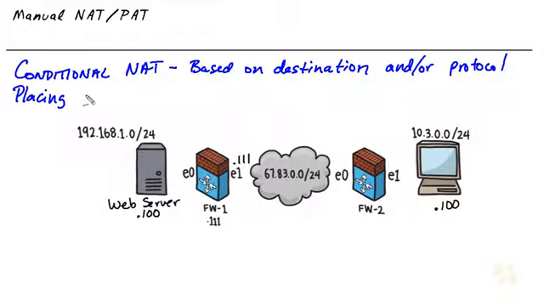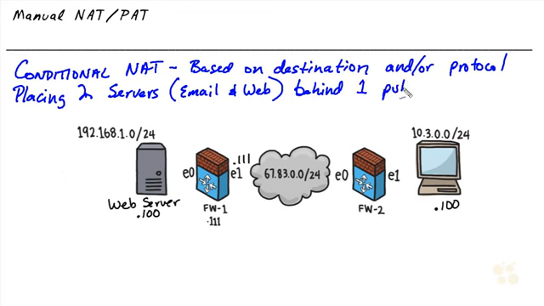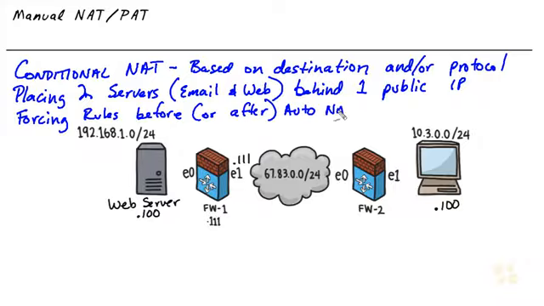Or if we have two internal servers, for example, an email server and a web server, but we want to make them both available behind a single public IP address, where the web server is reachable on port 80 and the email server is reachable on port 25. Once again, we can do that with port address translation, but we can't implement that using AutoNAT. Or in the event that we need specific rules that are placed either before or after the AutoNAT rules,